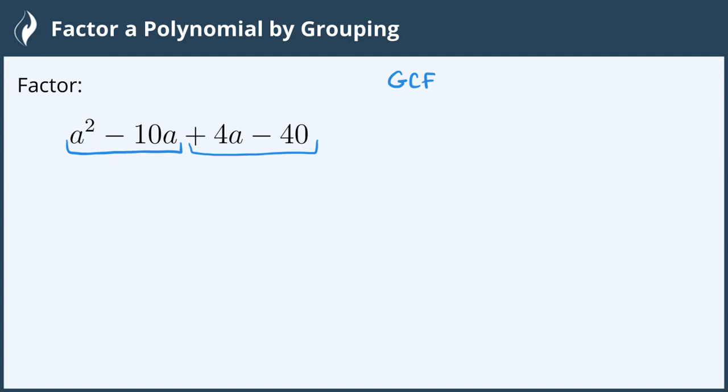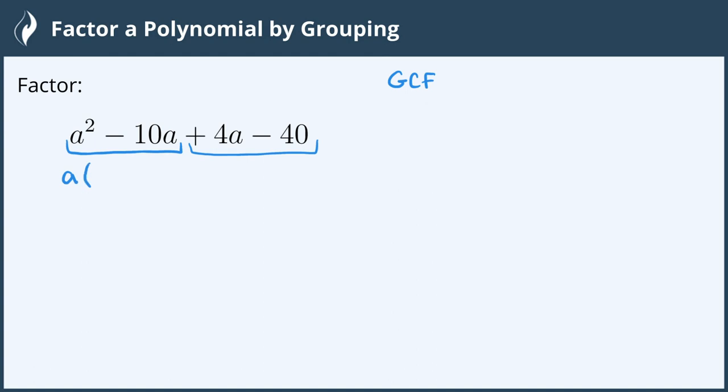Some may ask if I can switch the middle two terms so that I get a squared plus 4a minus 10a minus 40, and I can do that too. Either way works. So with the first two, the greatest common factor I can see is an a, so I